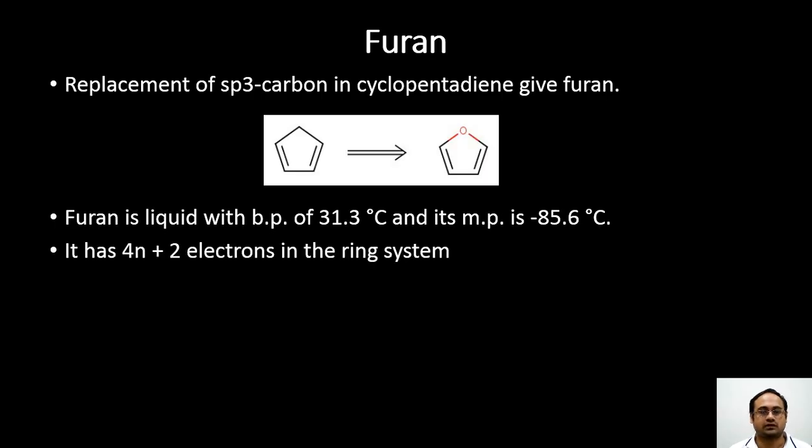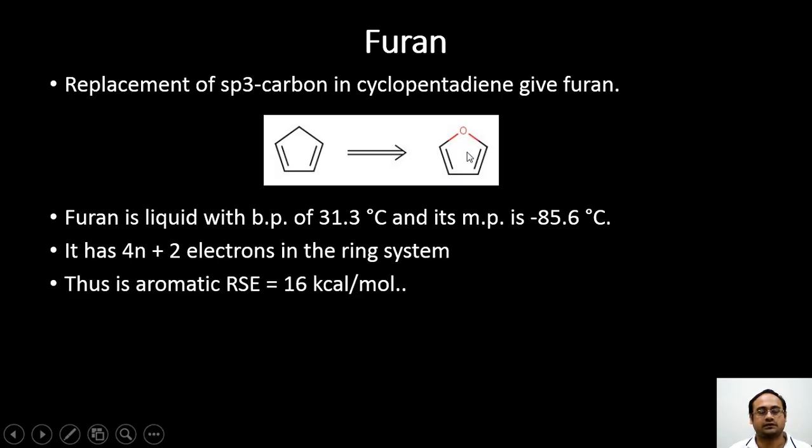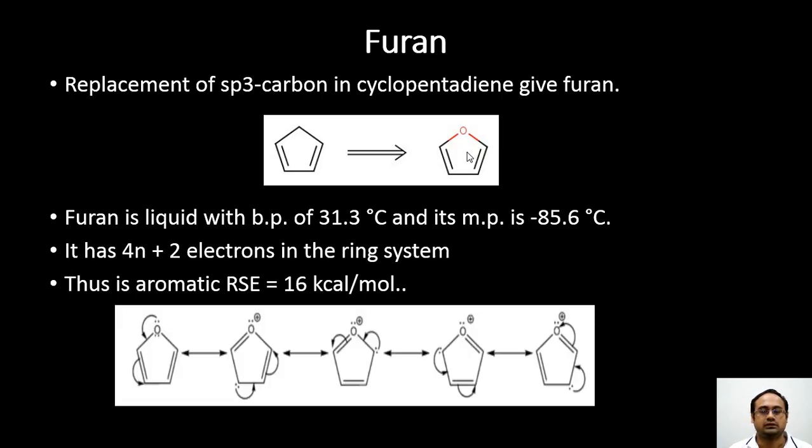As you can see from the structure, it satisfies Huckel's rule and has 4n plus 2 electrons, 2 coming from this double bond, 2 from here, and another 2 from the oxygen lone pair. They will participate in the pi conjugation and give aromaticity to the ring, and the aromatic stabilization in this compound is around 16 kilocalories per mole, and this aromatic character can be explained through the resonance hybrid structures in